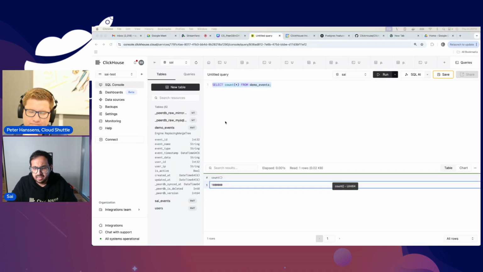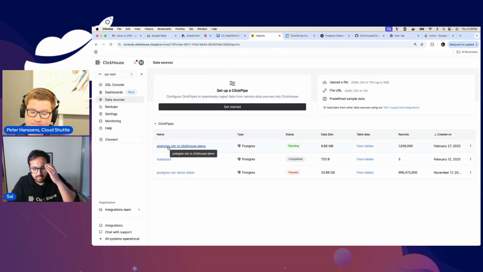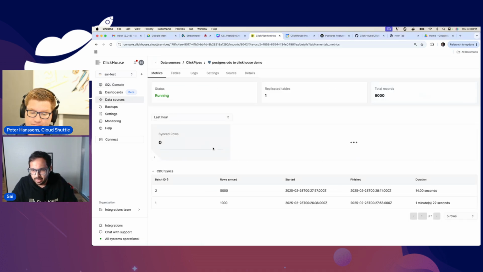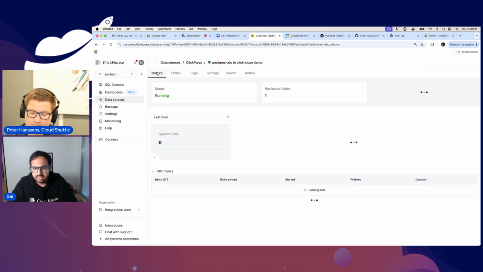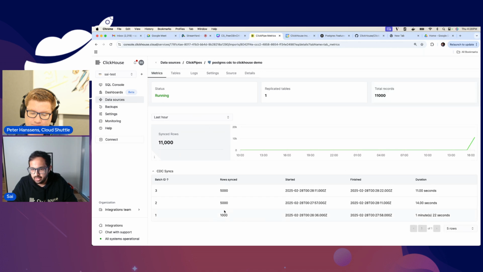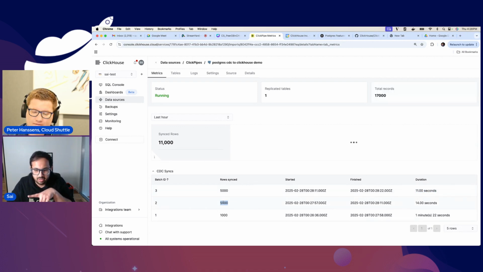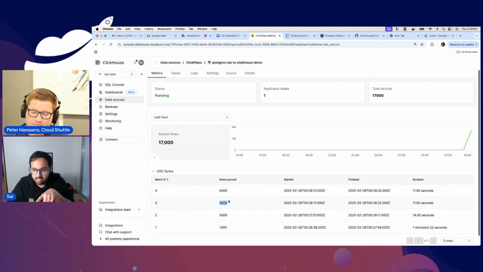events table. And now let's go to the data sources tab and see what ClickPipes provides. This one shows you the initial load, which is already done. And here, this shows you the data that is getting in. If you remember, the refresh interval is 10 seconds, so every 10 seconds it's getting around 5,000 rows, which is adding up. So